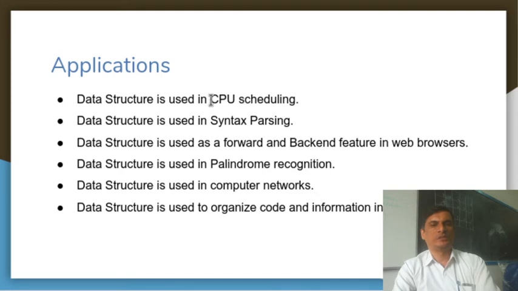So for example, the CPU scheduling. When you open multiple programs in a computer, say for example, if you open a Windows browser, and along with that you open MS Word, etc., the CPU has to give a certain time, so that in that particular time it has to execute that particular program, a browser or an MS Word application or a notepad, etc.